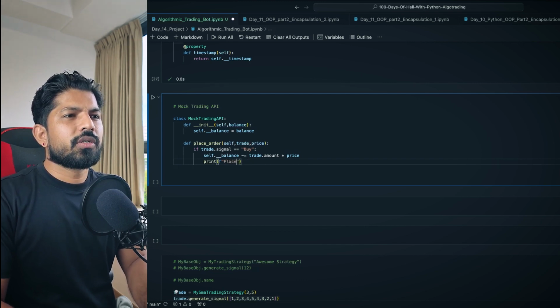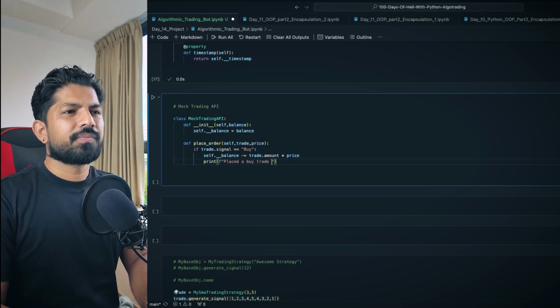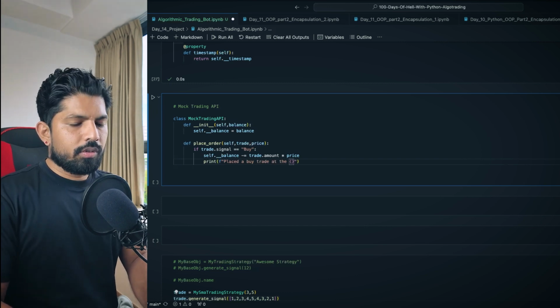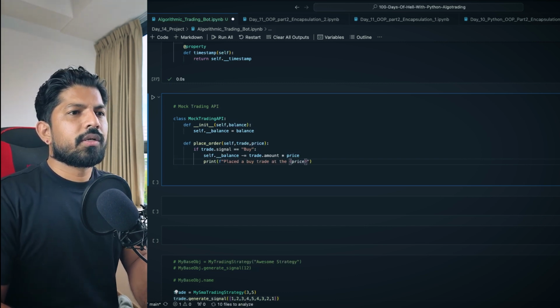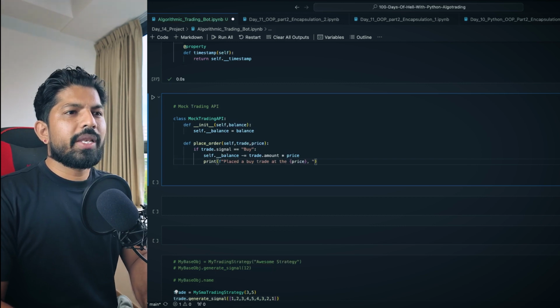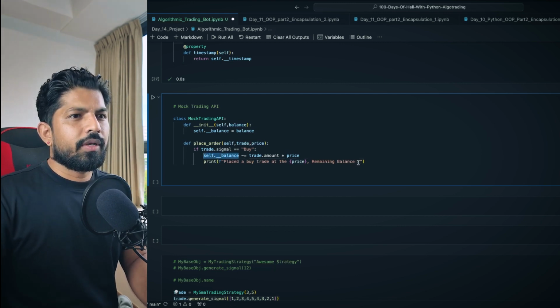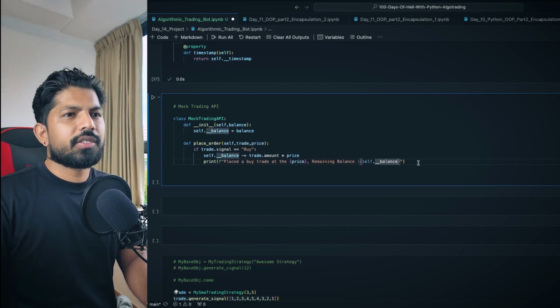Placed buy trade at the price. So we can give the variable price, and we can also return the remaining balance, right? Remaining balance as, and then we can pass a variable here. So it will return the remaining balance, correct?